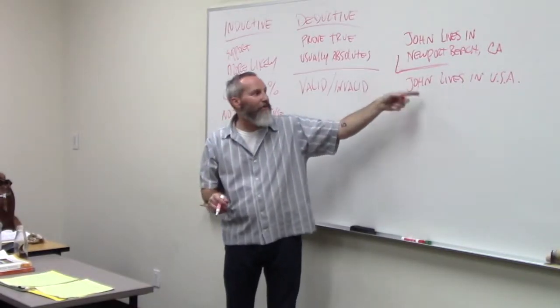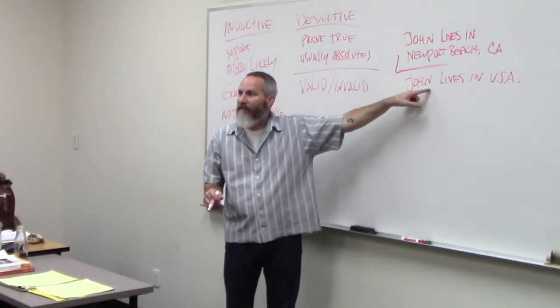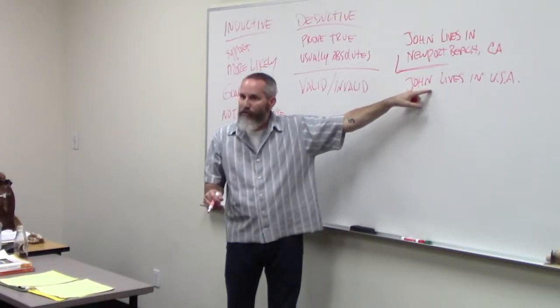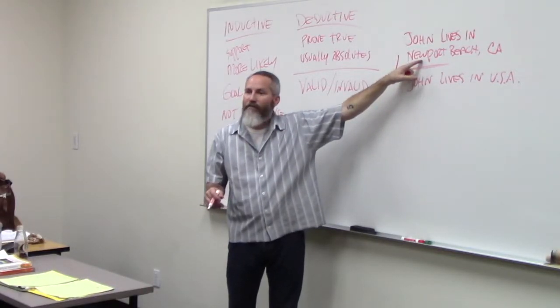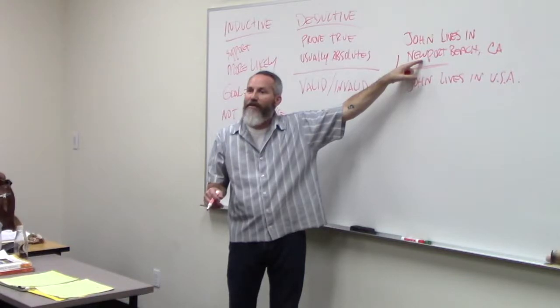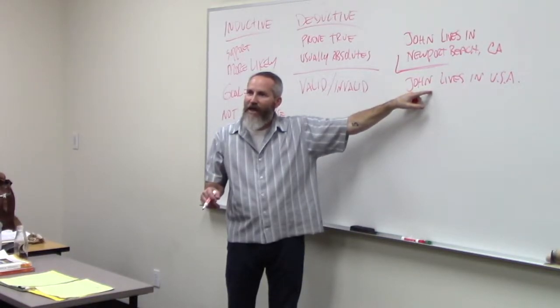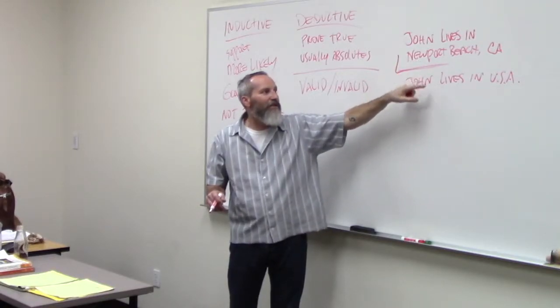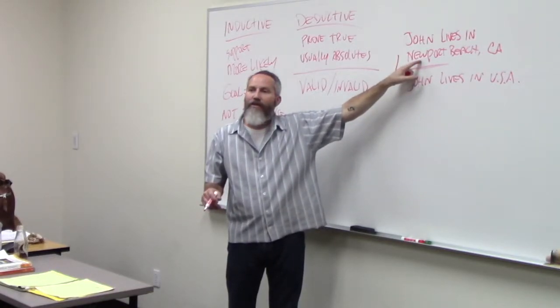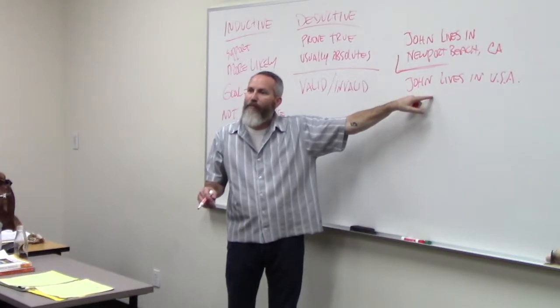We have claims. John lives in the United States is our claim. That's what we're arguing for, right? That's our conclusion. What are we given as support for it? Another claim called a premise. This premise is given as a reason for believing this is more likely true. What type of argument is it? Is it the type of argument where this is given simply as support, or this is given to absolutely prove this to be true? Prove.